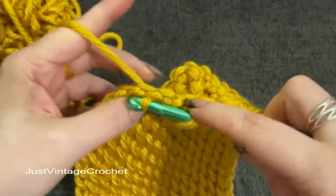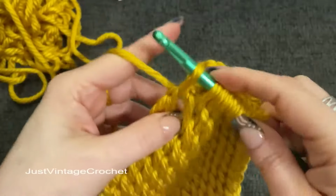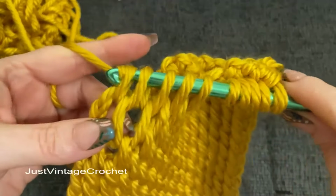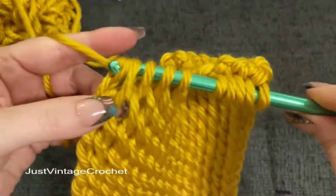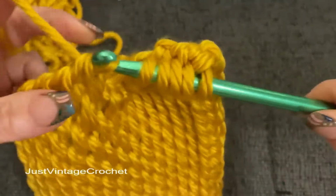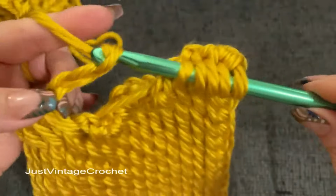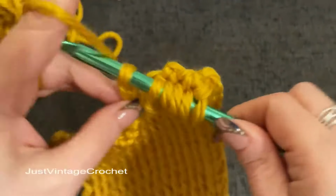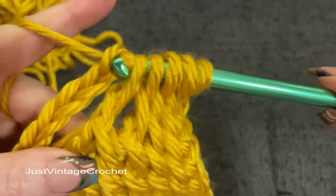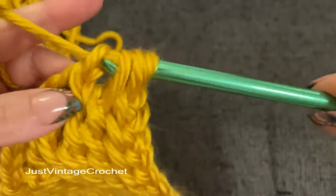1, 2, 3, 4, and 5. Yarn over and pull through 1, then pull through 2, and 2, 2, and 2. Now chain 6, 1, 2, 3, 4, 5, and 6. Come over here and pull through. Now pull through 2, and 2,